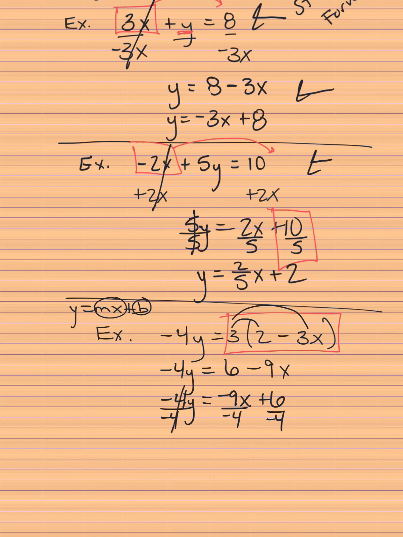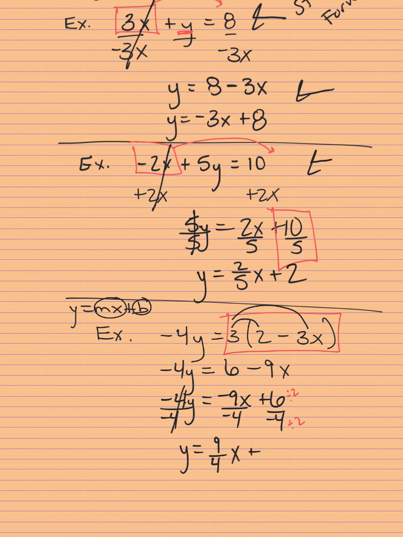So y equals negative 9x over negative 4. I can reduce this a little bit because negative divided by negative is going to be a positive. So I can simplify by saying just positive 9 over 4x. And then I can't reduce this a whole lot. I can reduce the y-intercept a little bit. I can divide them both by 2. And that's going to give me